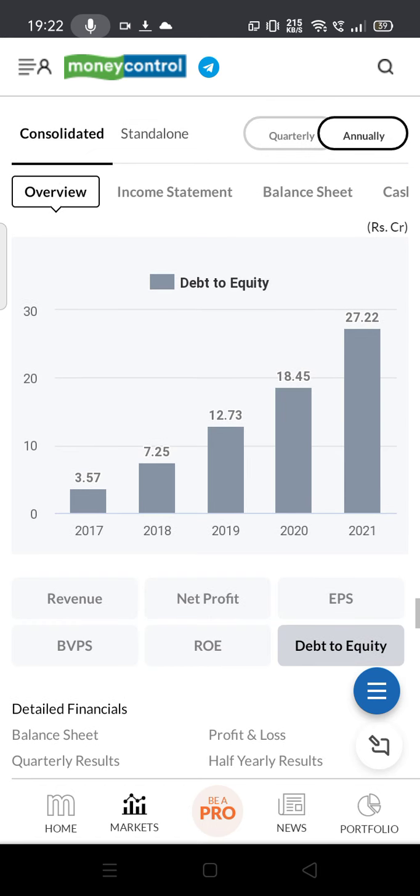Even if the company doesn't perform well for 2 or 3 quarters, the company will be in a pretty bad phase because it has to repay a huge amount of debt every quarter or every month. So this shows how risky the company is, and the debt to equity ratio is not stagnant. It has increased rapidly from 3 to 27, almost 9 times or 8 times within a period of 5 years. You know how risky that is. So the debt to equity ratio has increased,